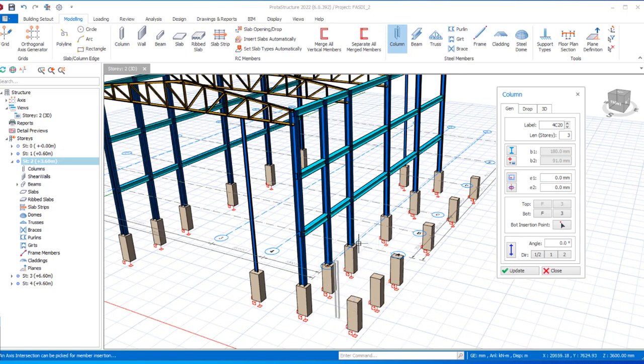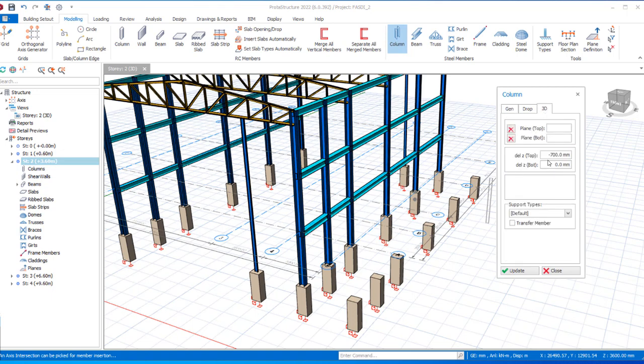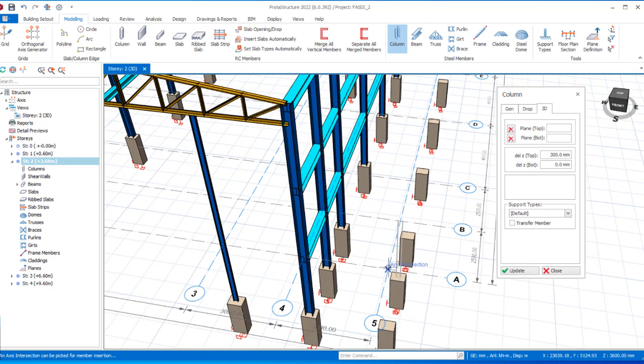So we will be having the columns right here, but by then we are going to do a little settings over here. We are not going to have 3 again, rather we are going to have only 1, because this is connecting only story 2 and story 1. All right, so we have 1 right there. Make that changes first. Okay, then you come over to the provisions where we are having minus 700. We take it to be only 300 above the story. So this is it, after which just have to place this